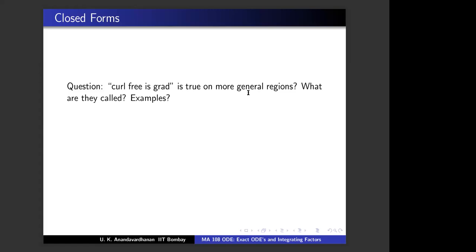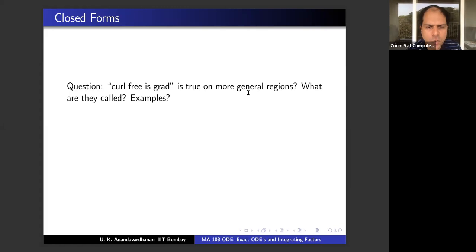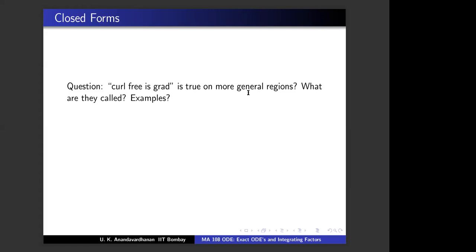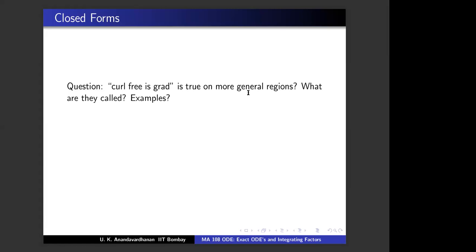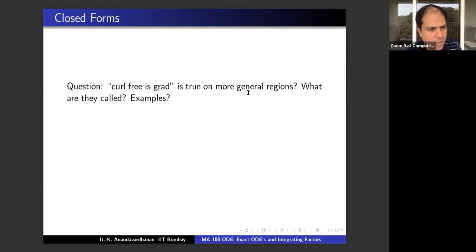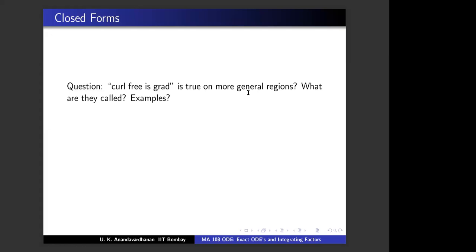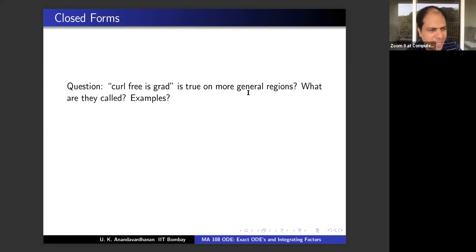Okay. But if I ask you to give an example of simply connected, you could have given R2 itself, no? Or R3 itself, no? Yes, that would have been an easier example, but you are right. R3 minus 0 also is correct. What is the advantage of the example that you have given, R3 minus 0, compared to R2 or R3? Because R2, R3, etc. are also convex, whereas R3 minus 0 is not convex, no? Yes, so that example has the advantage that you are giving a genuine, in the sense, non-convex simply connected domain.